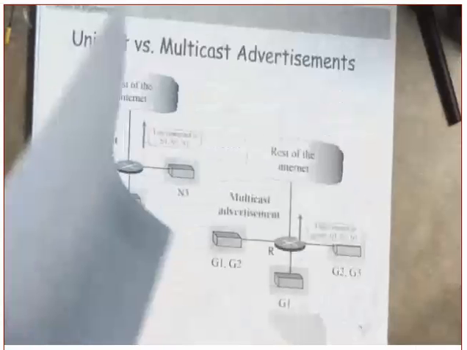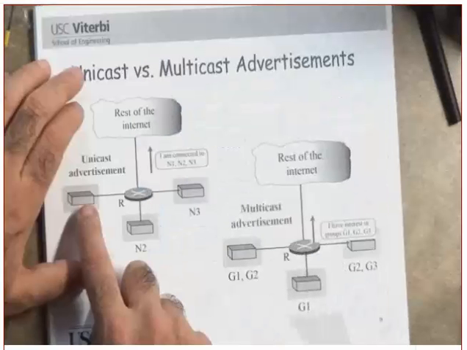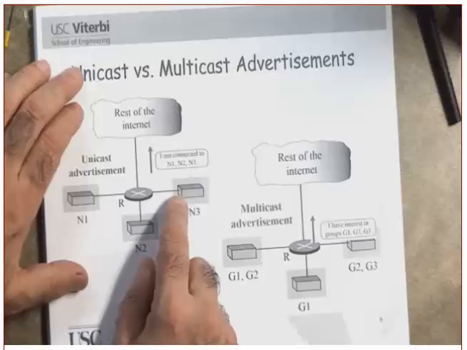Now, when he receives the copy, will he send it to this one? No, he will not send it to this one. There's no interest here in G1. Will he make a copy to this one? He will make a copy to this one. In other words, in the multicast routing table, he will have a database or a table that tells him which link has an interest in receiving which group. Clear so far? Okay, good. We'll get to all of these issues in just a second.